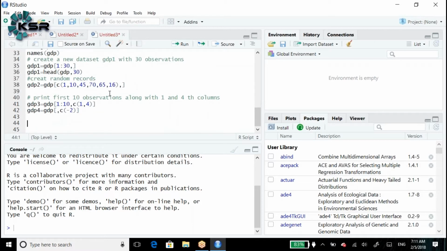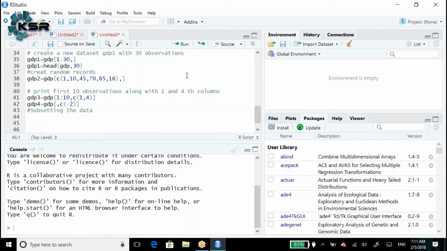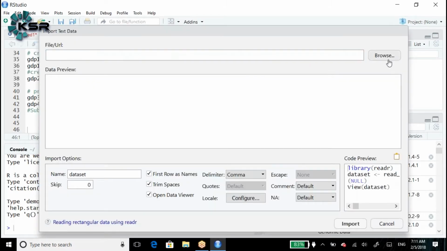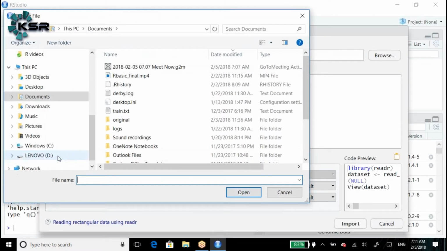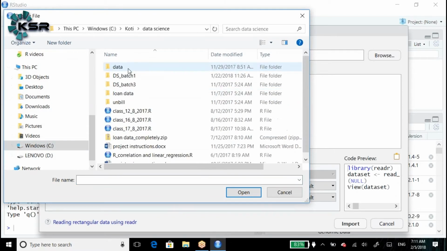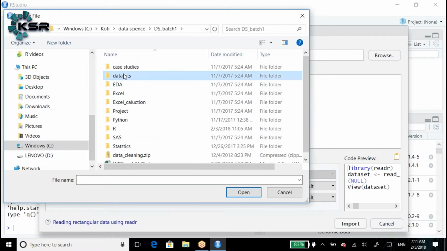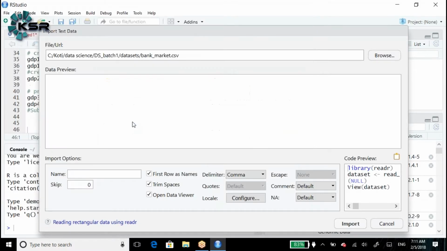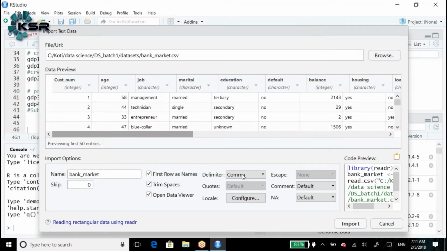So I will send you all this today. Subsetting the data. Let me take one simple data set from the text reader. Let's say we are taking the bank data set. Bank market is the one data set.